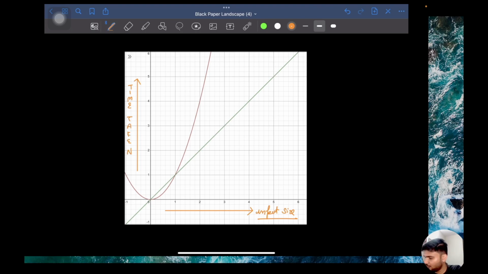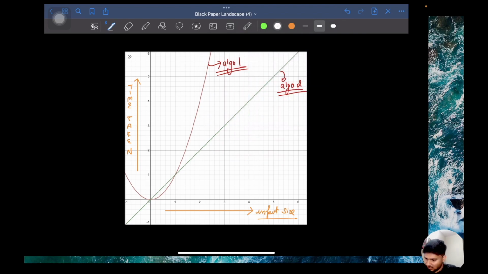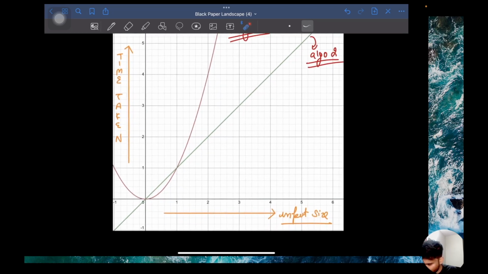Okay. Now, let's say that this plot is of algorithm 1 and this plot is of algorithm 2. Okay, you have two algorithms. This red plot is of algorithm 1 and this green plot is of algorithm 2. Okay, now if you just carefully see,